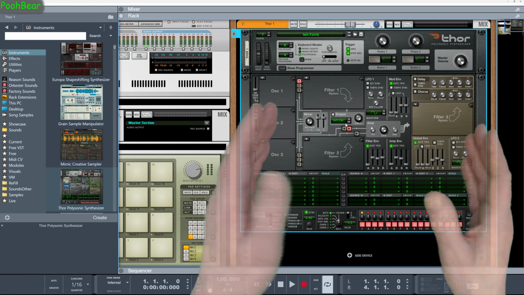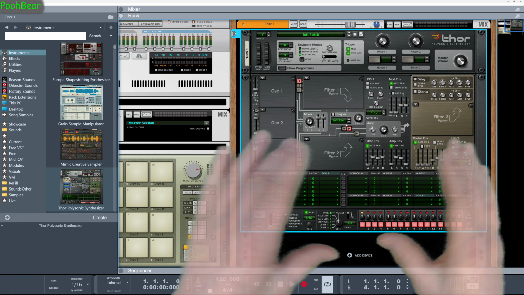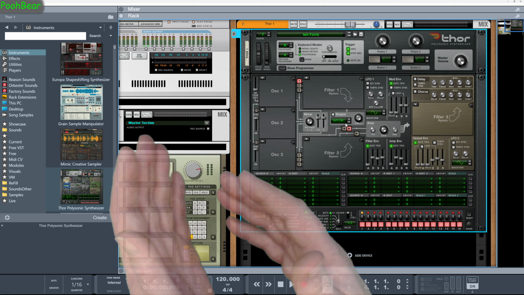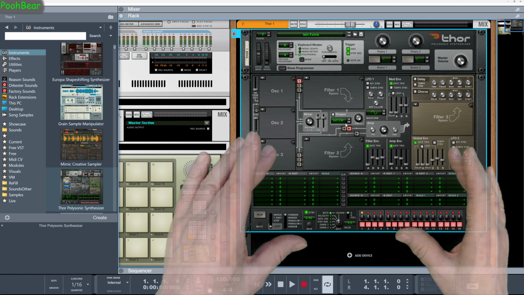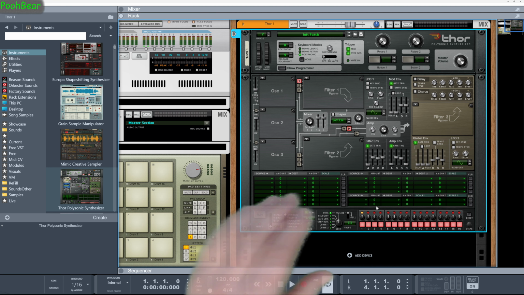As I said, Thor is a very, very old device, but very, very powerful. In fact, I think this device still has a few tricks up its sleeve that nothing else can do. No other Reason devices can actually do it, within reason. So what we're going to actually do is